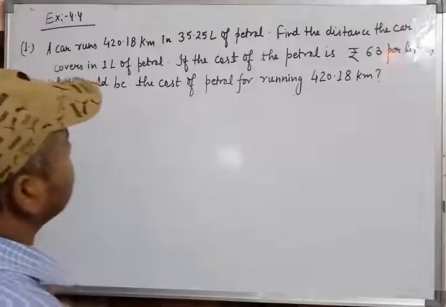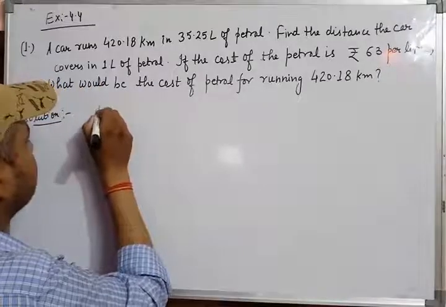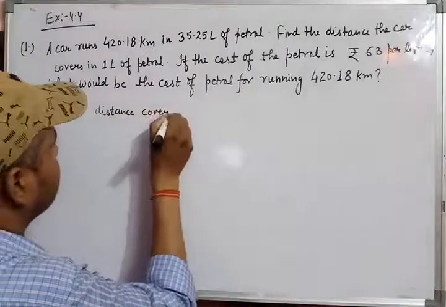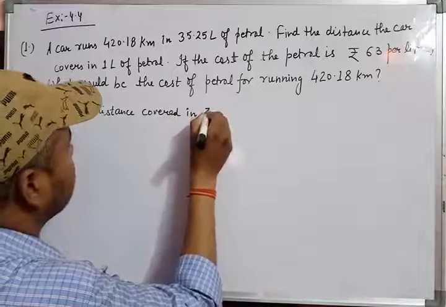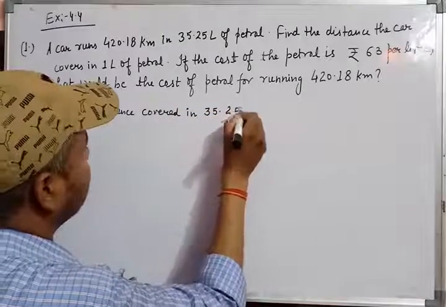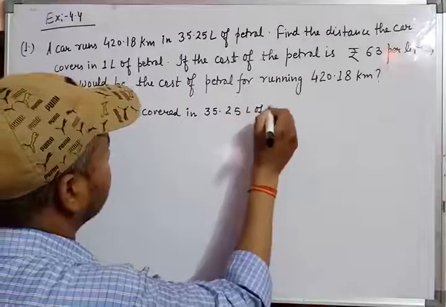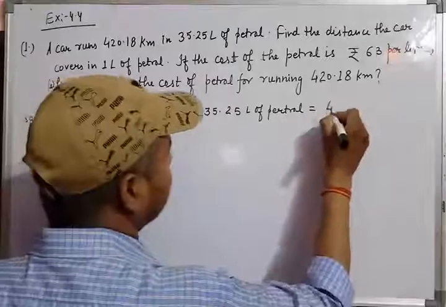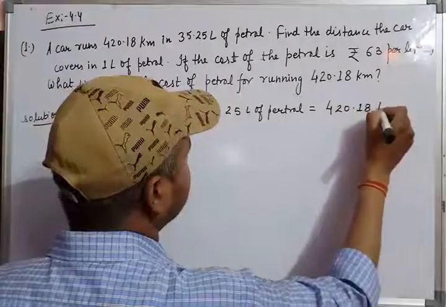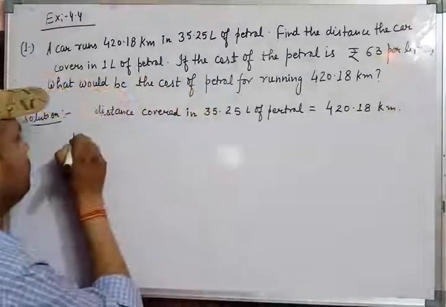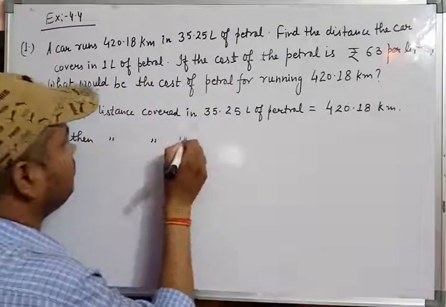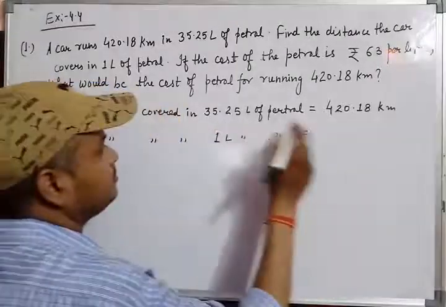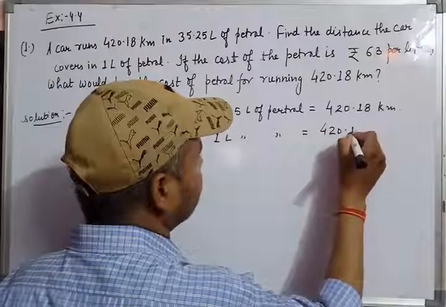Solution. You have to write: distance covered in 35.25 liters of petrol is equal to how many kilometers? 420.18 kilometers. Then distance covered in 1 liter of petrol, you have to divide this by this: 420.18 upon